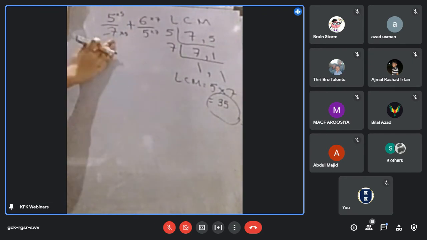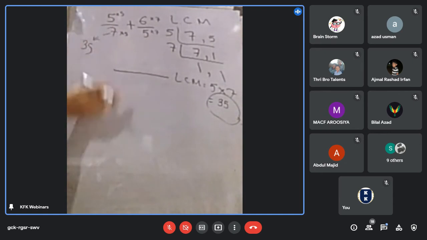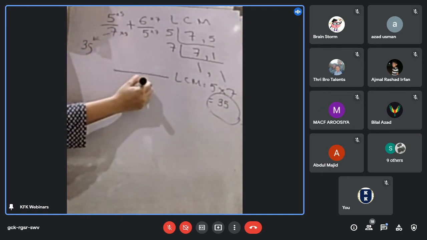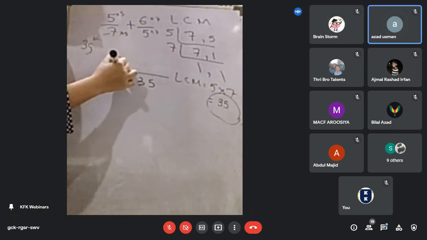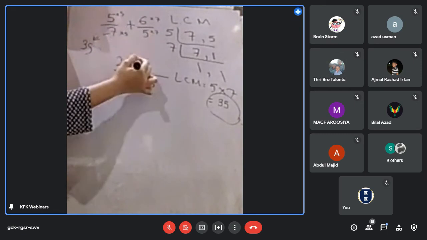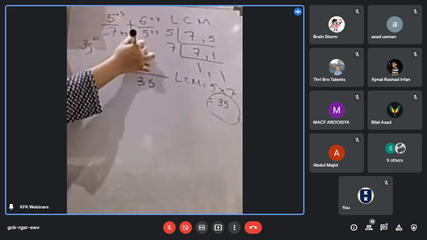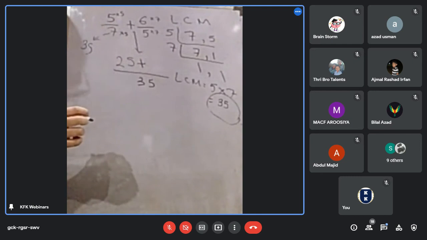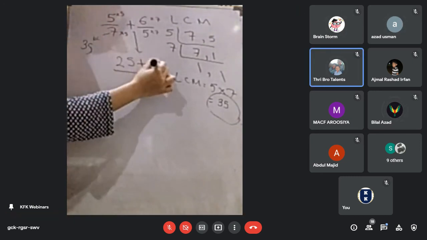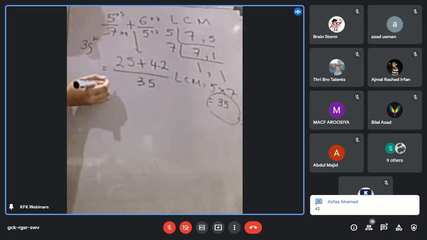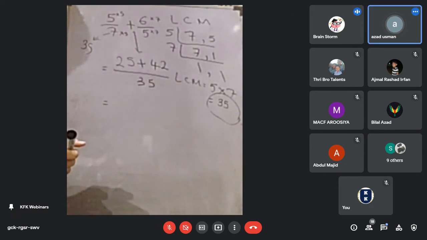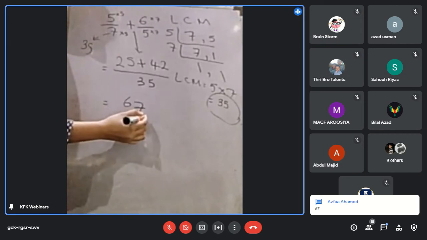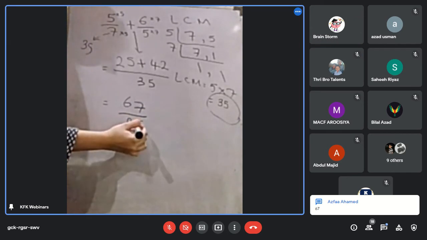So first, the easiest step is we'll draw one straight line. Now obviously the denominator is going to be 35. Now tell me, 5 into 5 is 25. You write 25, you bring the addition sign down. 6 into 7 is 42. The next step is you add them together. So tell me what's the answer? 67. 67 over 35. Is this fraction